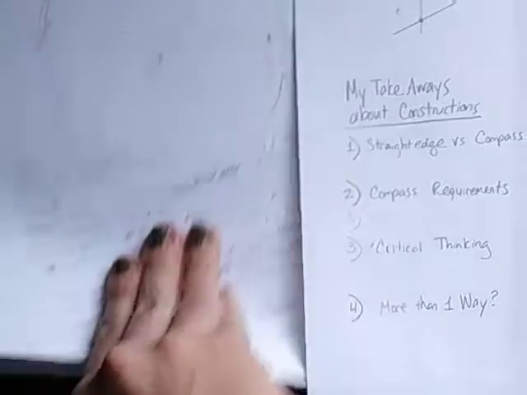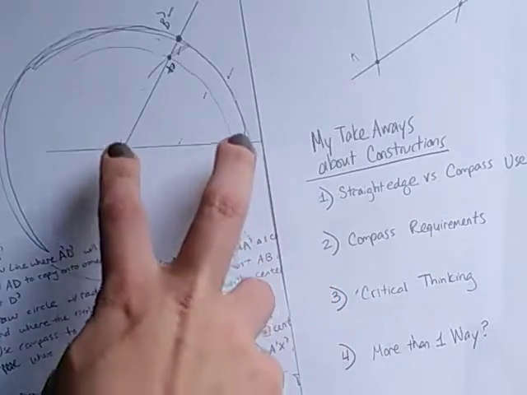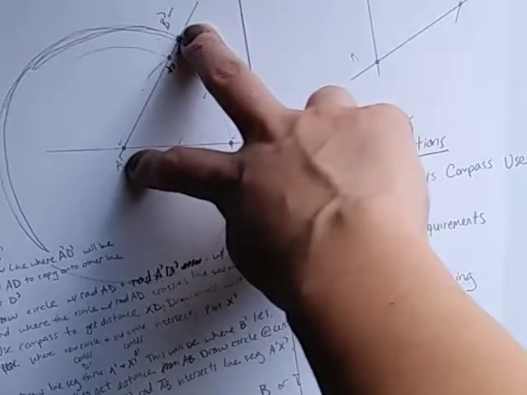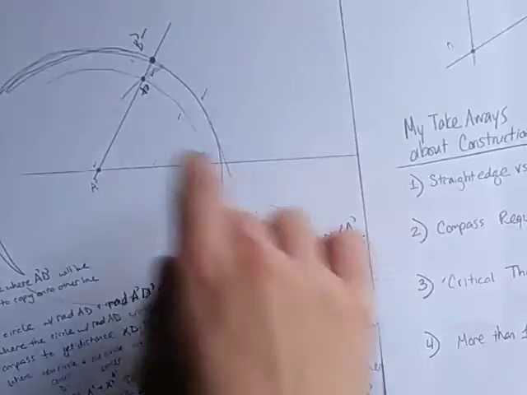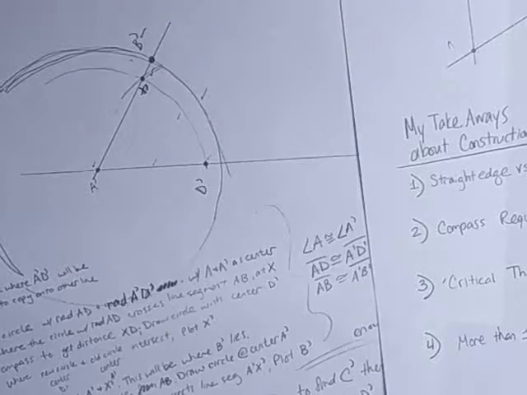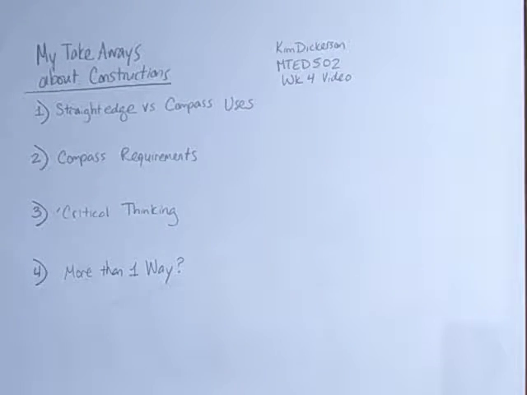But it involved copying this angle and then copying this distance using a compass, no big deal. Copying this distance using a compass, no big deal. But then copying the angle took a lot of steps, and I would have to copy this angle again, all sorts of stuff like that. So these are really great critical thinking questions. I would definitely think